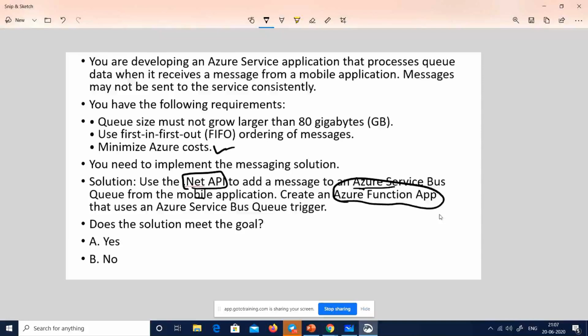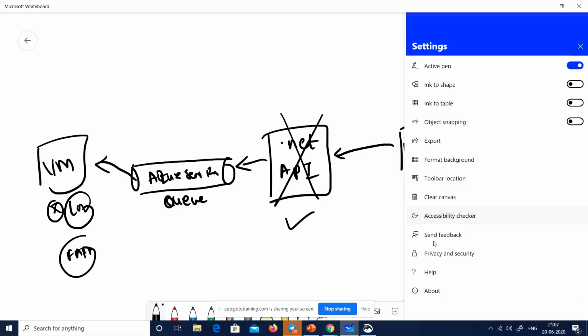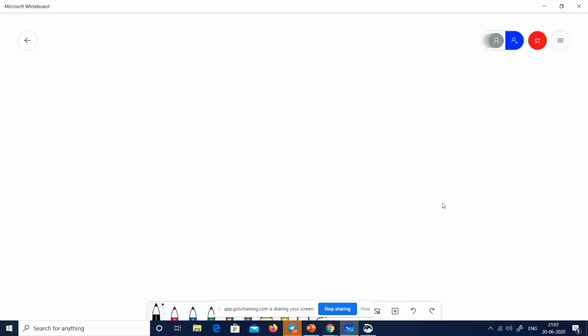So people who are new here to Azure, remember that in Azure, when you want to go and host a website, one way is that you will actually have a full app service, right? This is one way of hosting a website. But sometimes you want to just host a simple piece of code, just one function or 10 functions. You don't have a page. You just have some logic of code, right? For that, we have